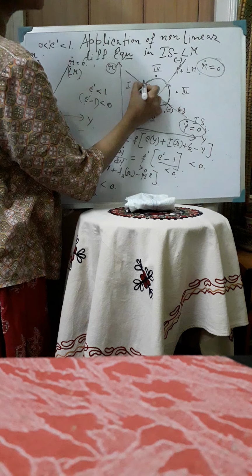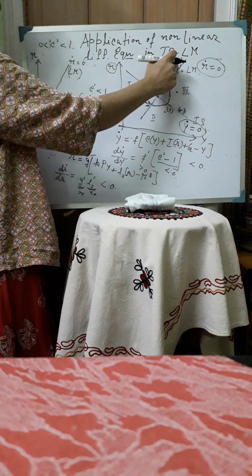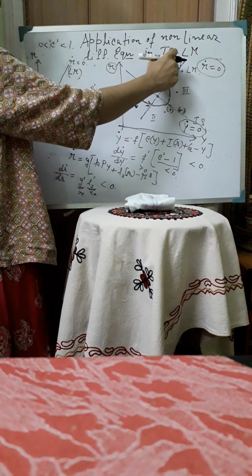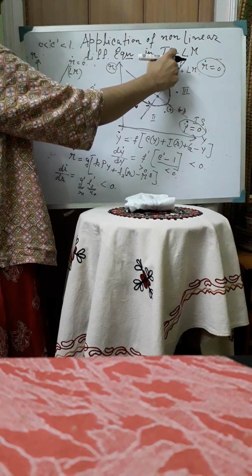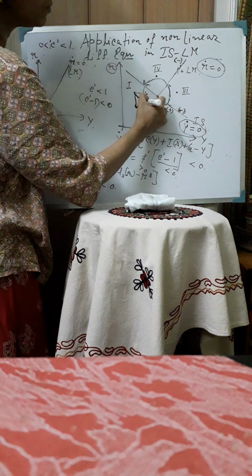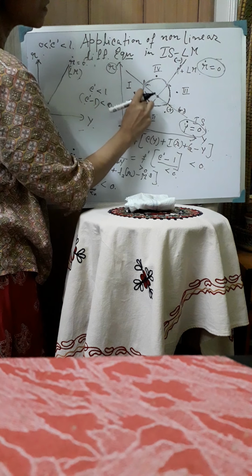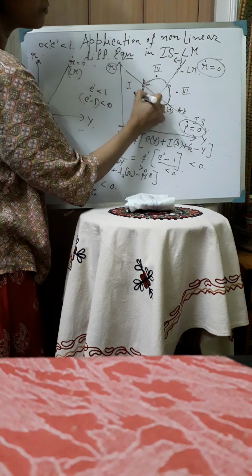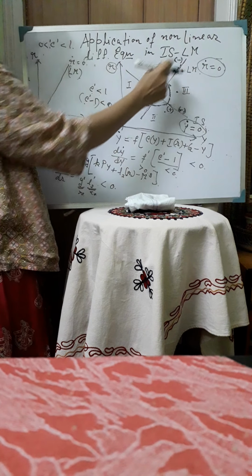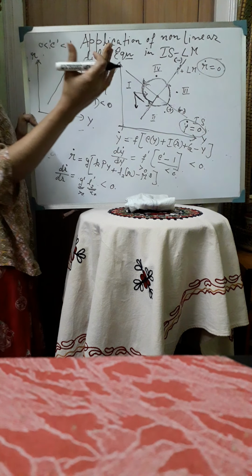Now here at this point, to the left of the LM curve, the value of R dot is negative. Now for restoring the equilibrium in the money market, the value of R dot should rise from its negative value to 0 value. So in that case, R should fall. So then the streamline will move this way, and again it hits the LM curve, and money market equilibrium will be restored, and in the next period the goods market equilibrium will have to be restored,